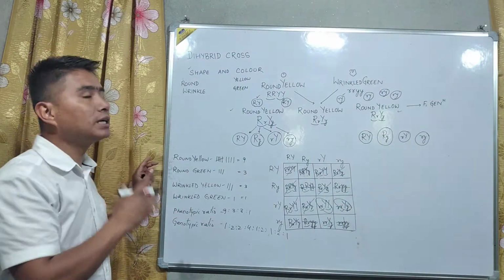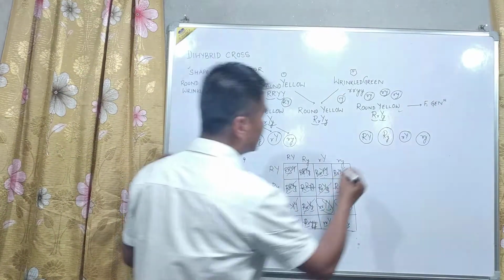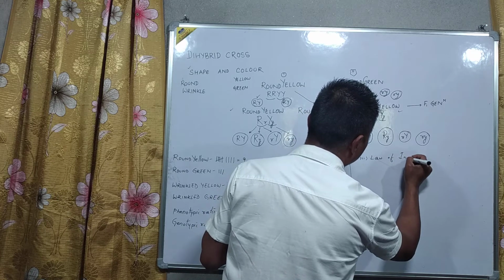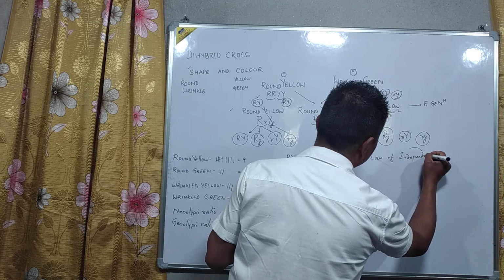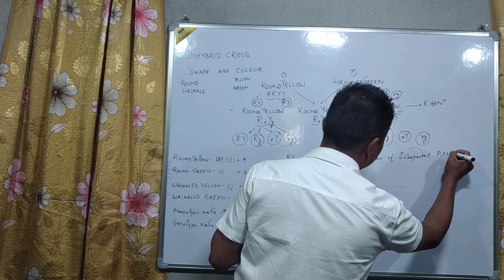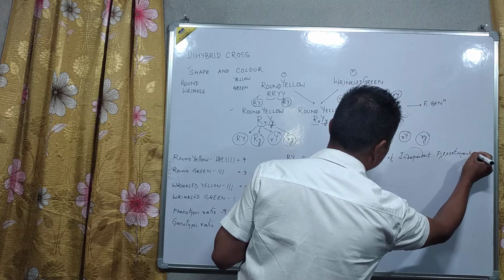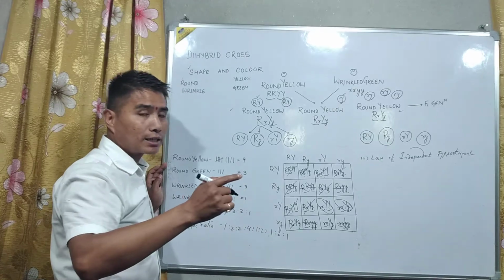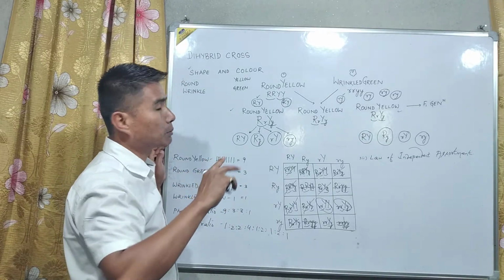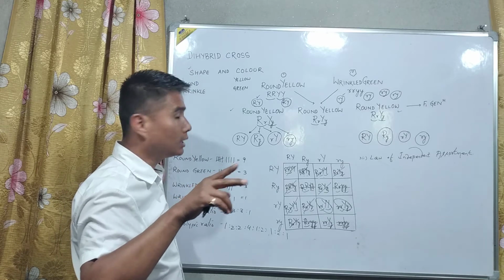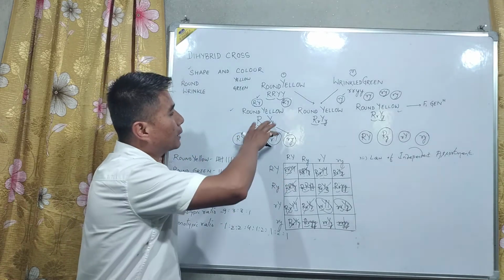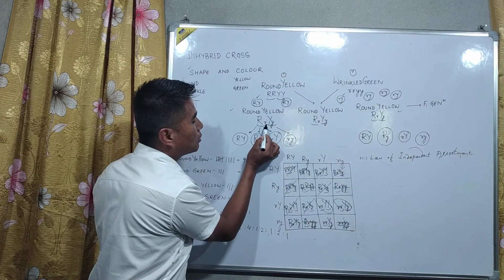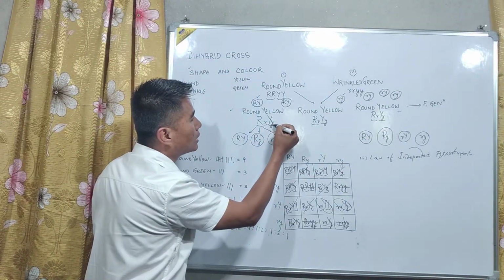Now from here Mendel formulated a law, and the law is known as the third law, the Law of Independent Assortment. It states that a character is controlled by a pair of factors, and during the formation of gametes they segregate. That is the Law of Segregation. And then a pair of contrasting factors, capital R and small r, is a pair of contrasting factors. Capital Y and small y is also contrasting.